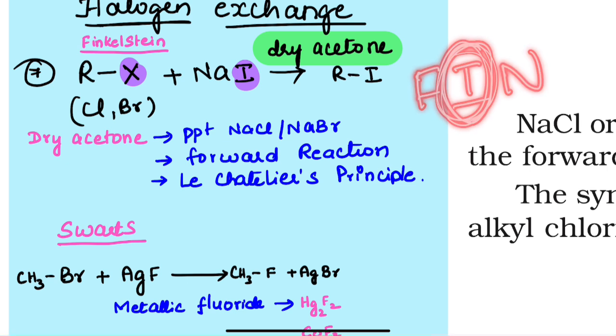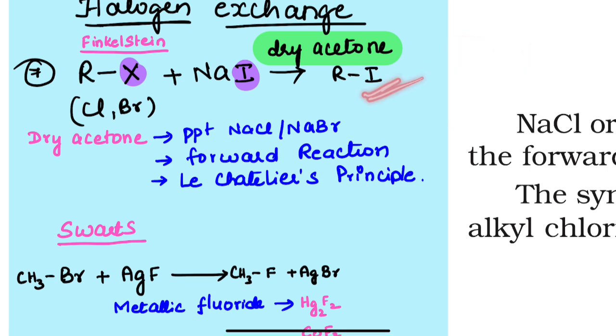Remember like this: Fin, Fin, I is present. I means iodine. So in the preparation of alkyl iodide, we are going to use this Finkelstein reaction. What you should do is take RX, where X can be chlorine or bromine. You treat it with sodium iodide in the presence of acetone, and the halogen will be replaced